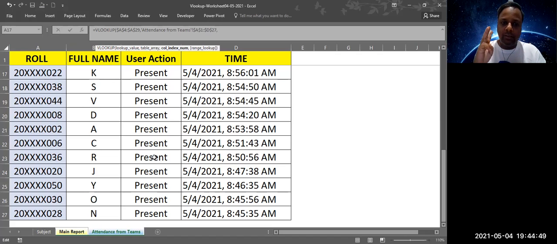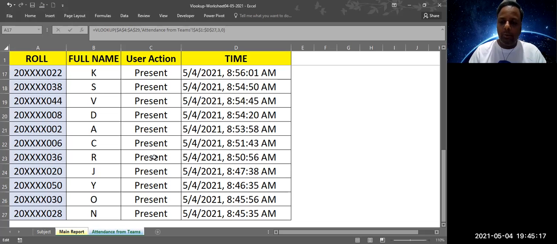So that means it is the third column which we need to type here, to tell the Excel to read from the third column and give an answer to my main report. And I put comma, and then again I put a 0. Why we put 0 is we need to have the exact result of the match. That's the reason we put 0 and we close the bracket.